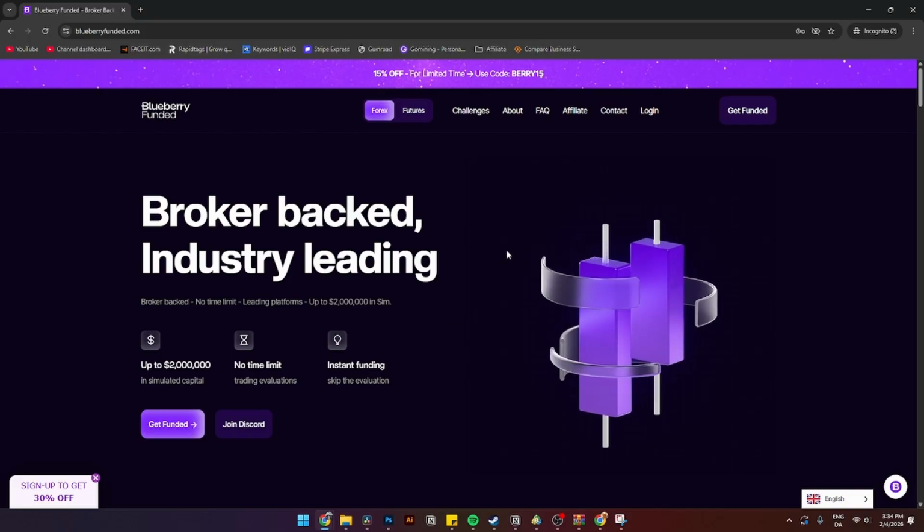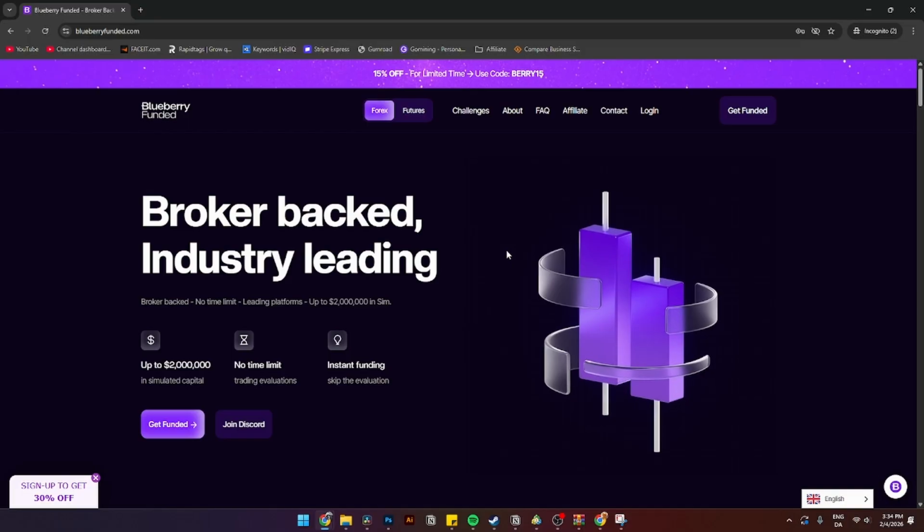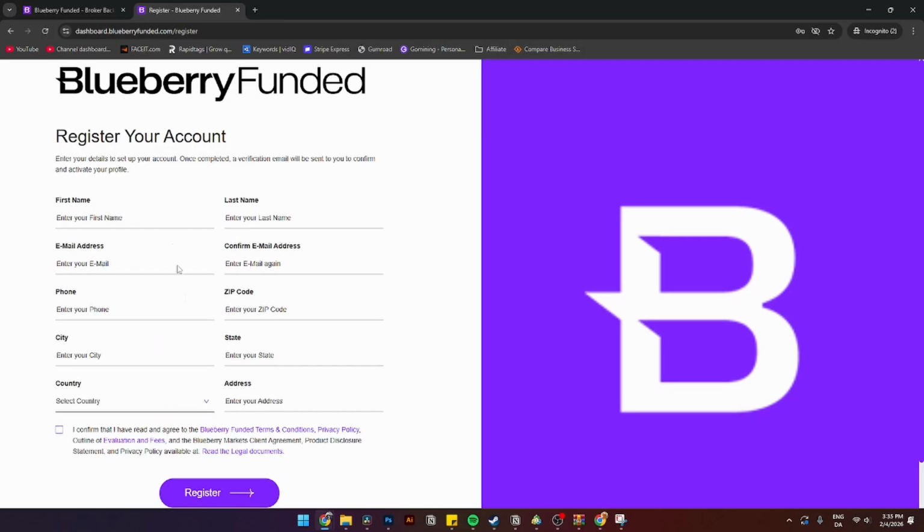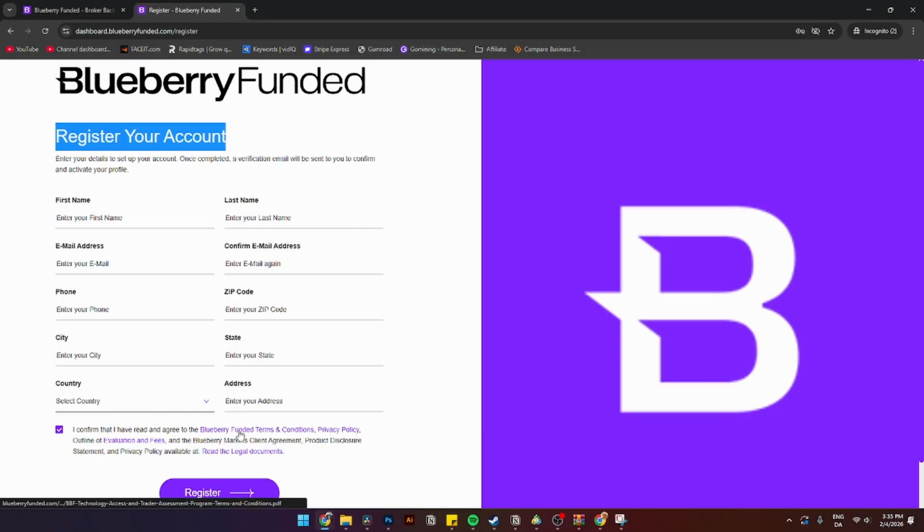And now from here, we'll need to create an account. And to do that, the simplest way is to go up to the login page up here and then click register. Once you click register, you'll see you can register your account here by adding in your first name, your last name, your email address, phone number, zip code, city, state, country, and address. You'll also need to confirm that you have read and agreed to the Blueberry Funded terms and conditions, and just